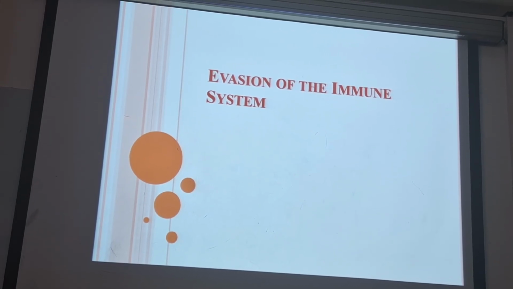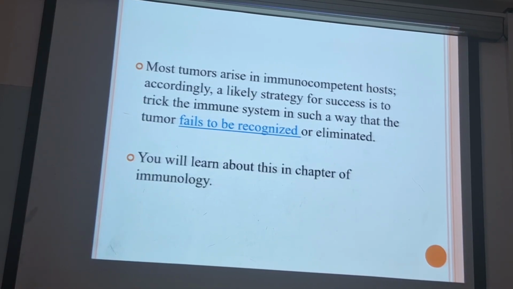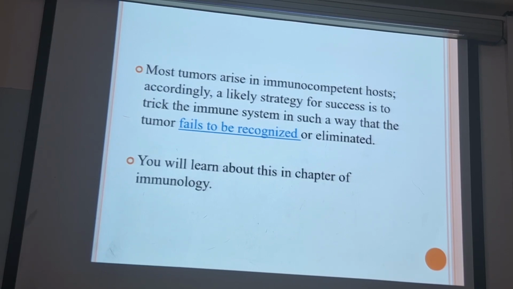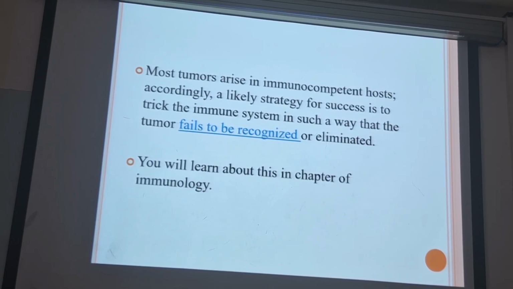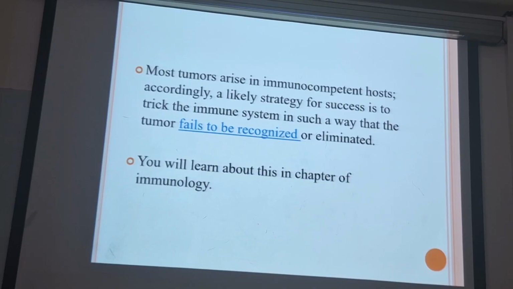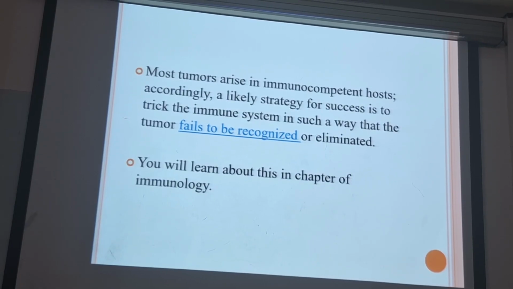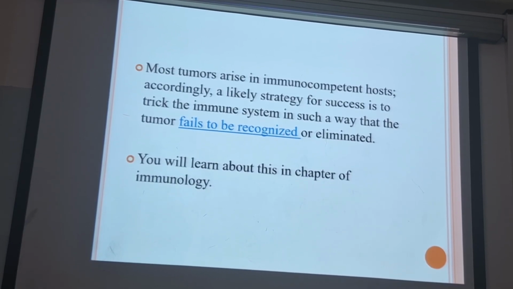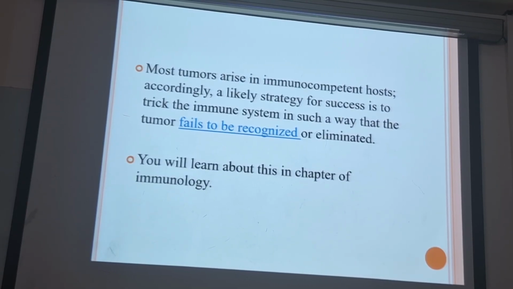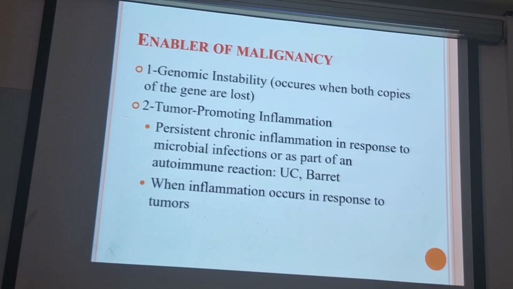Another feature of the tumoral cells, you know, is evasion of the immune system. Most tumors arise in an immunocompetent host, and accordingly, a likely strategy for tumors is to trick the immune system in such a way that the tumor fails to be recognized by the immune system. And I think you learned about this in the chapter of immunology. Okay, now about